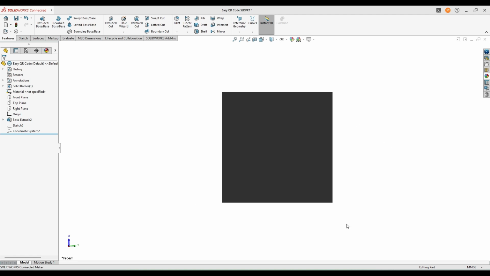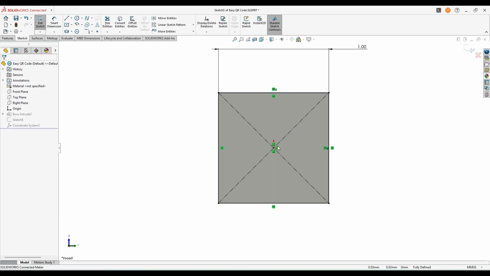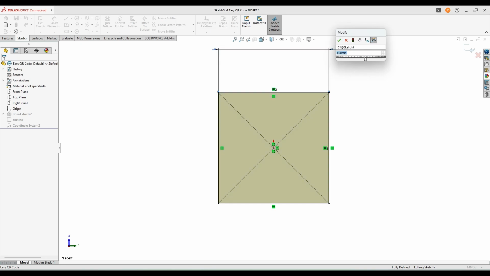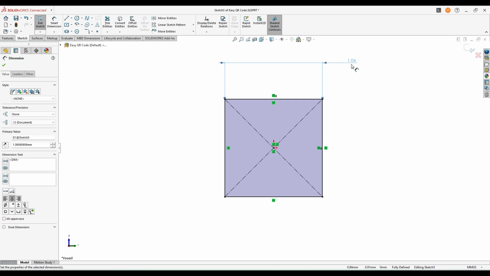So I have the blank block here, and let's say that I want to make a 35 millimeter wide QR code, and I know there will be 33 modules in that QR code because the small one isn't enough for me. Hit OK, and the scale is 1.06.